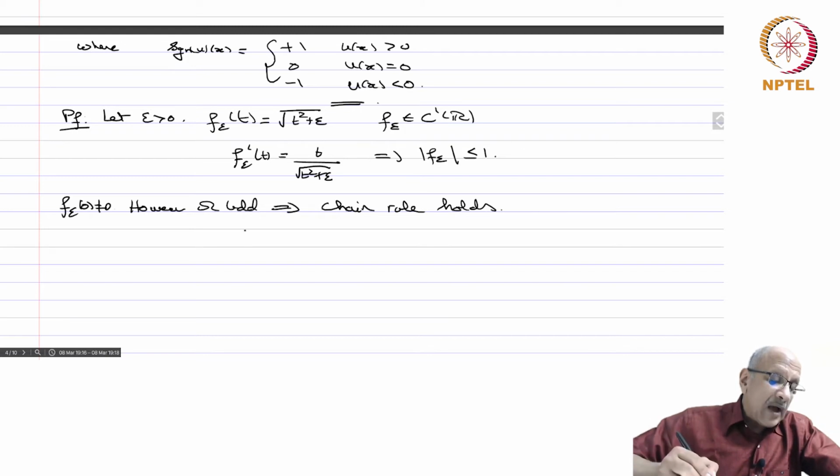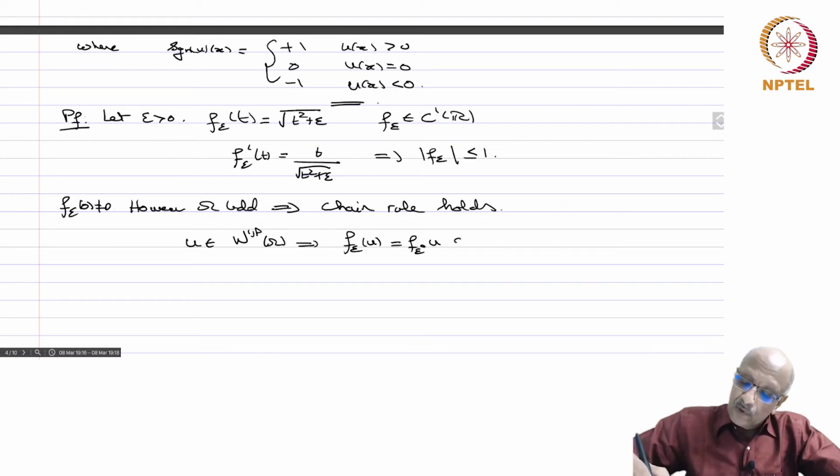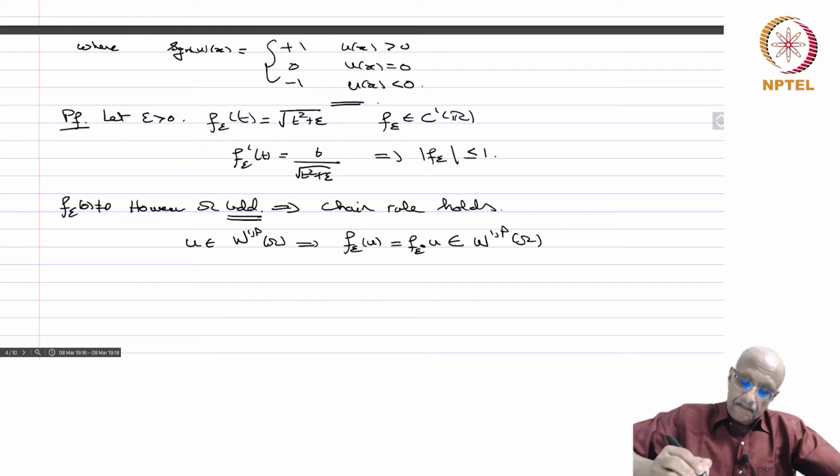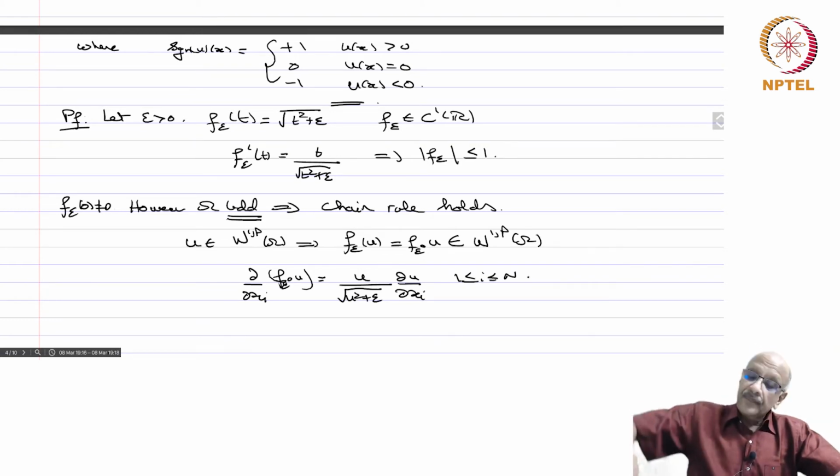And therefore, you have that u in W^{1,p}(Ω) implies that f_epsilon(u), which is f_epsilon composed with u, belongs to W^{1,p}(Ω), and d/dx_i of f_epsilon composed with u is equal to u over the root of u squared plus epsilon times du/dx_i, 1 ≤ i ≤ n. Okay. So now